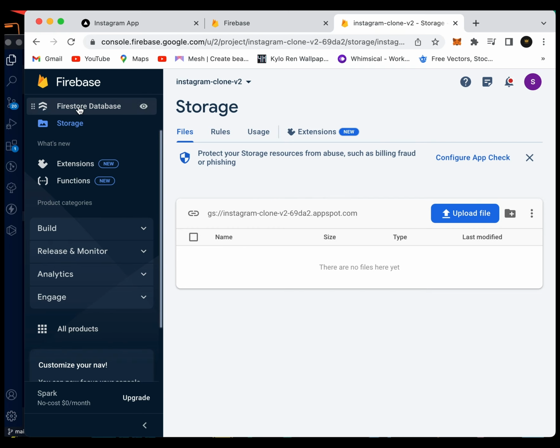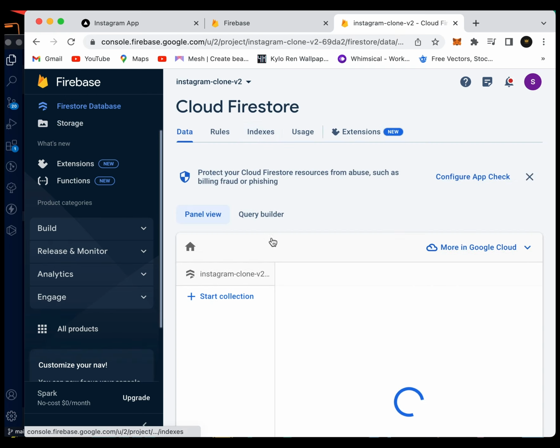Okay, so our storage is complete. Let's go back to our Firestore database. All right, so we have our storage and